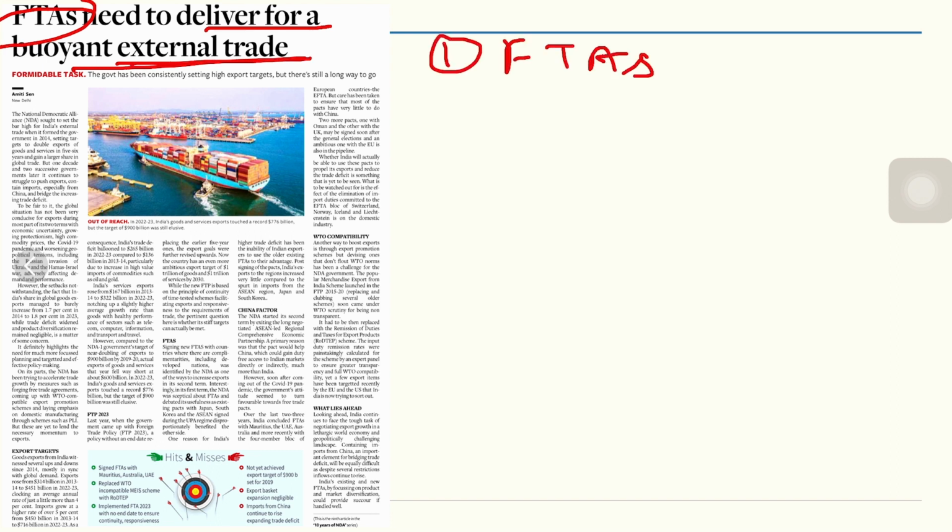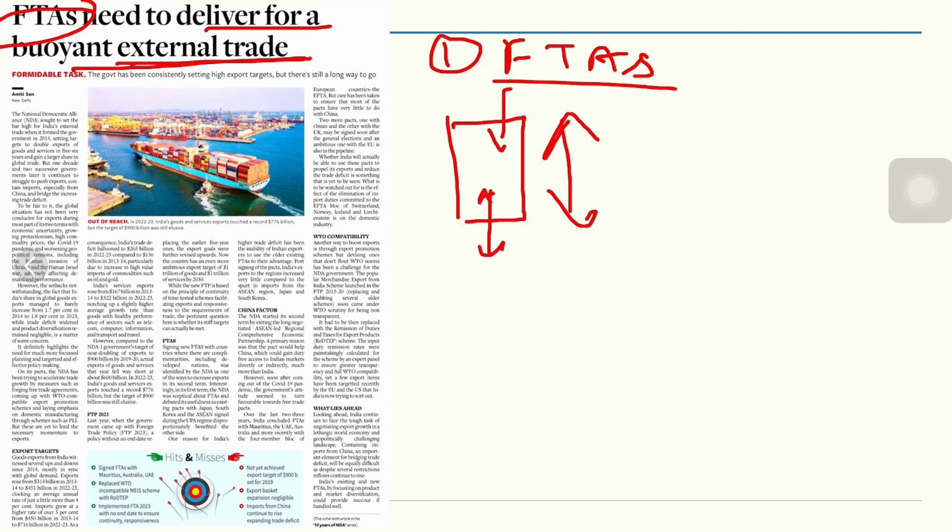What is a free trade agreement? Why do we sign a free trade agreement? A free trade agreement is a phenomenon in which two countries sit together and decide which commodities will not attract taxes or face barriers to trade. When these two countries sit together and decide on a long list of commodities in which they will be trading, it improves the export competitiveness of the products you have the capability of producing.